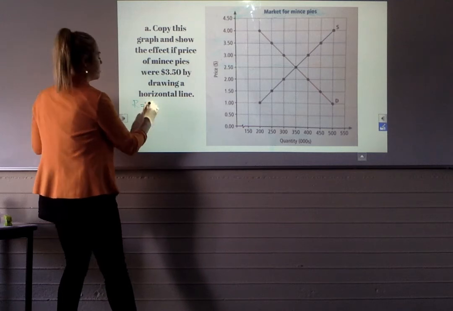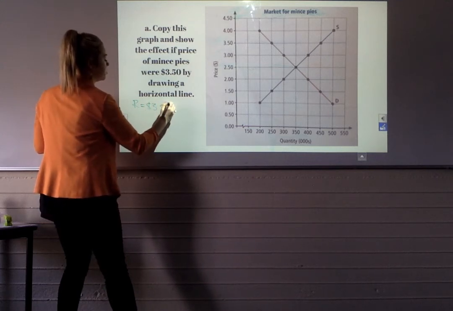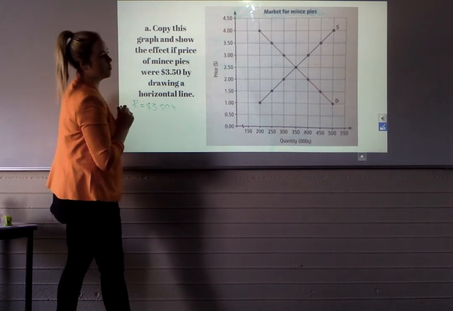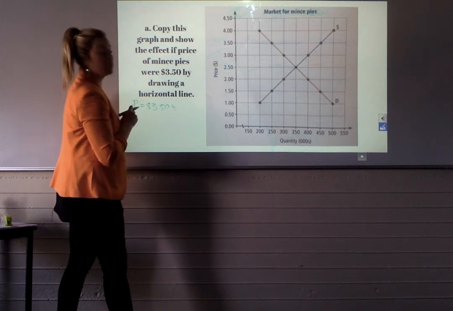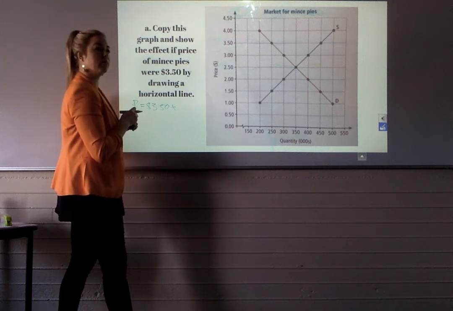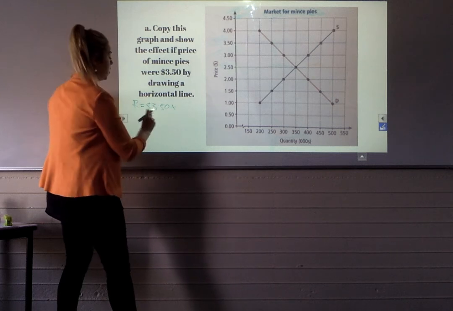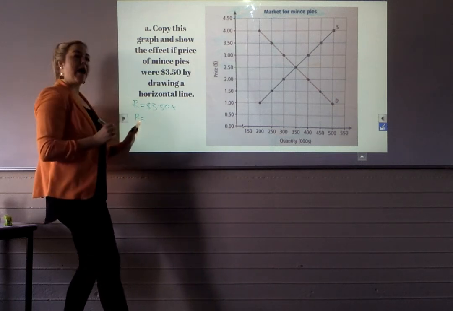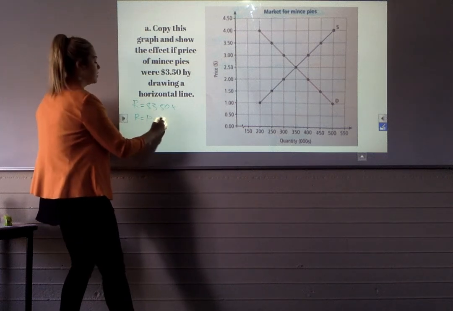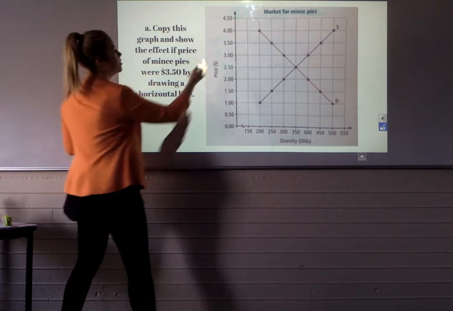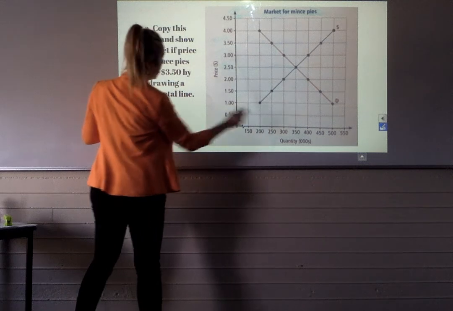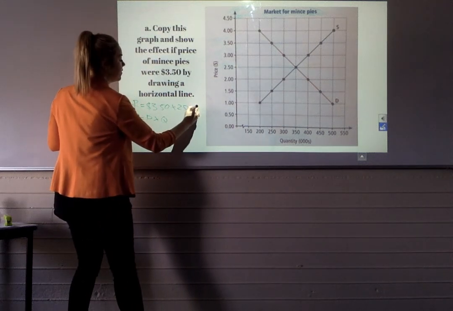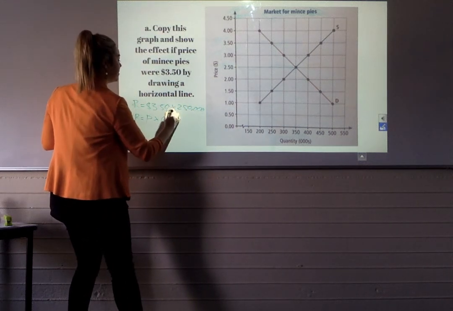So revenue equals the price, which is 350, times what? Quantity, which is 250,000. So if we were to write this equation, R equals P times Q, right? So P times Q, which is 250, and the answer is